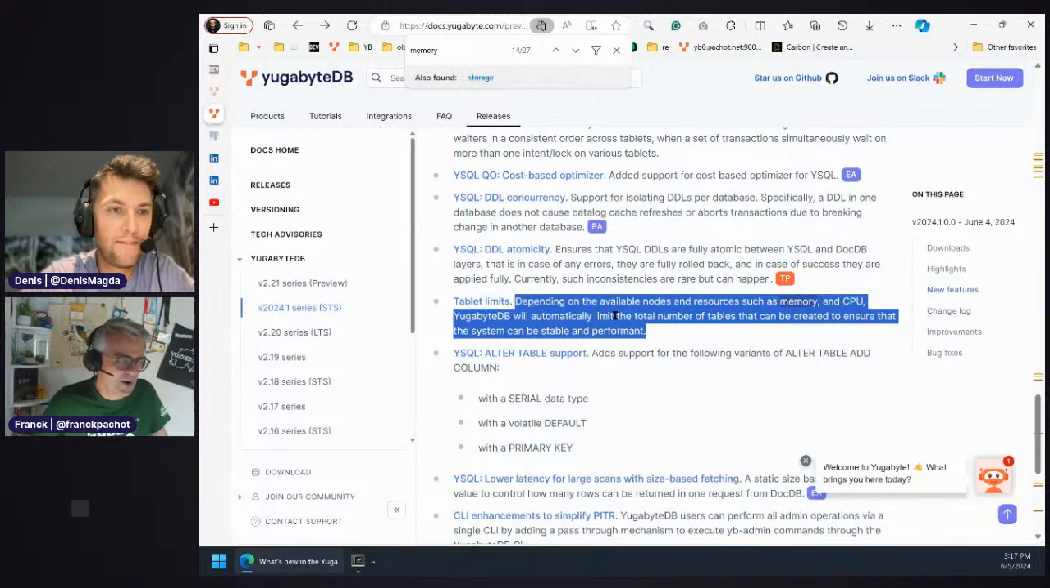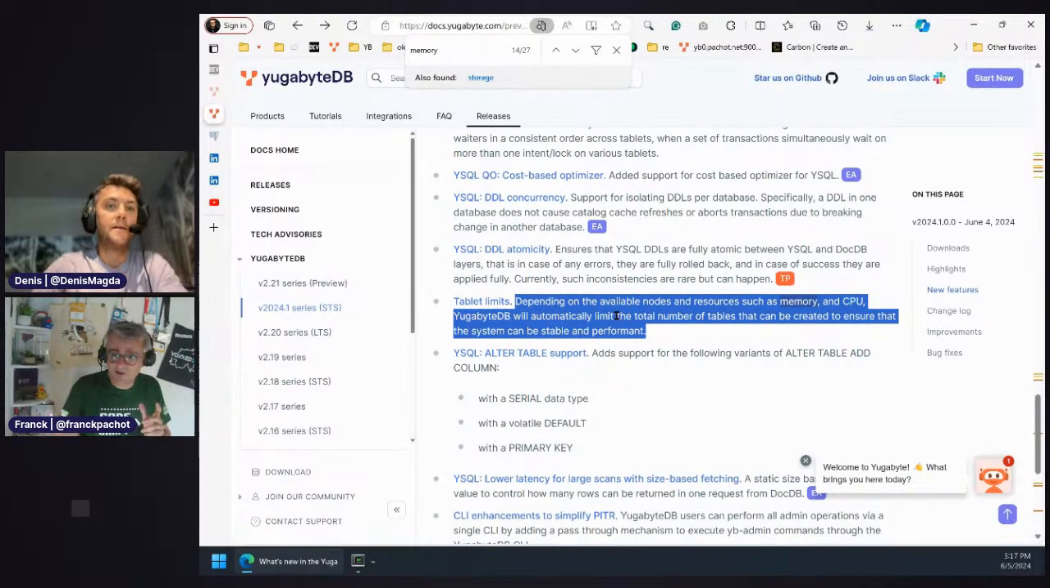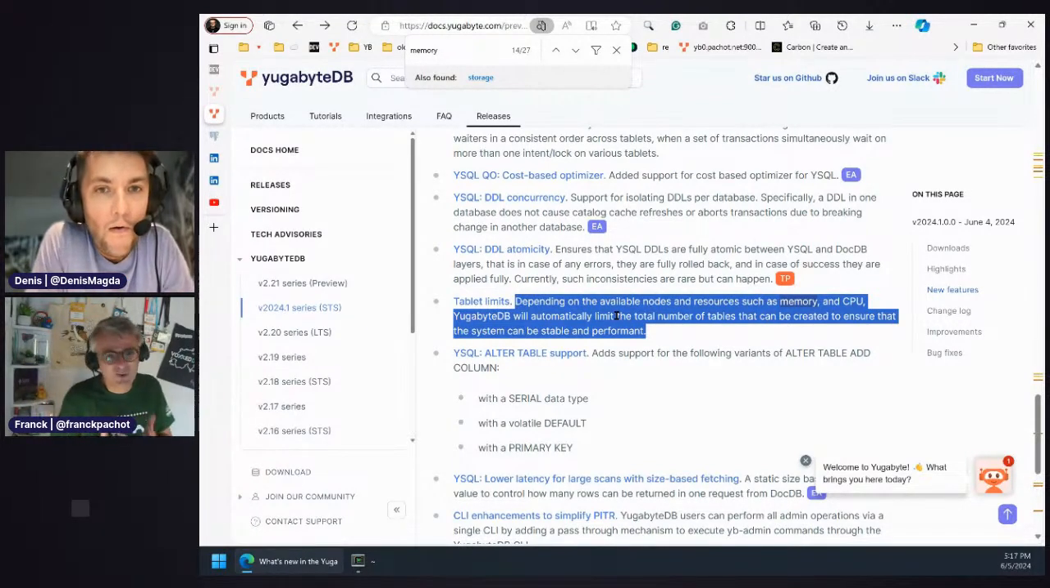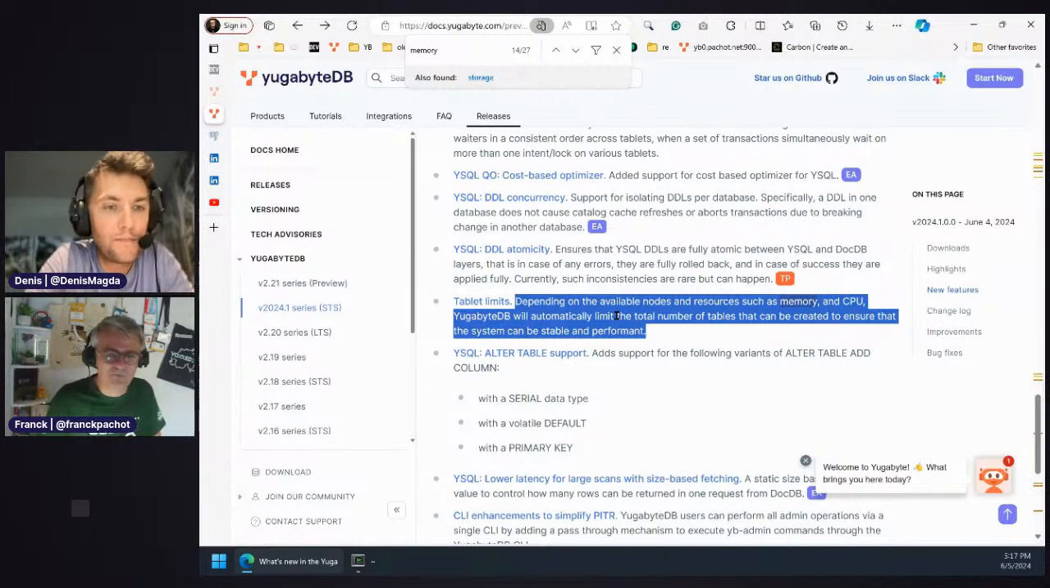Before, we were allocating a lot of memory to the storage itself and not a lot for the SQL layer, and now we allocate a bit more. Of course, there are parameters for that, but the defaults are better for when you take an application and just migrate it. There are a lot of